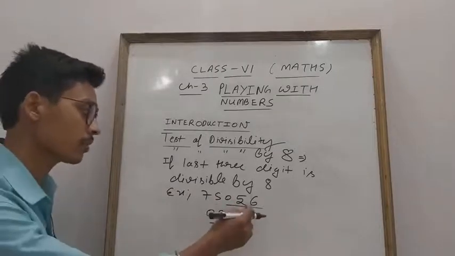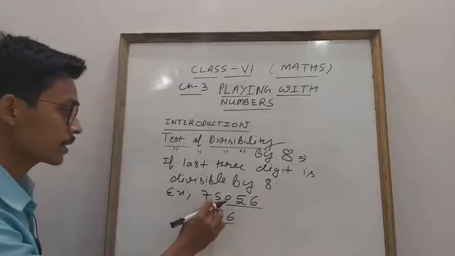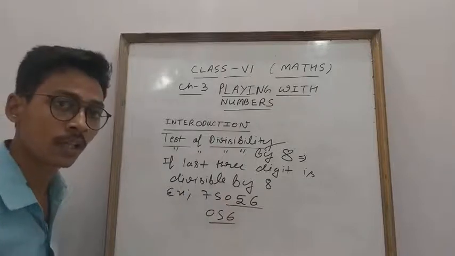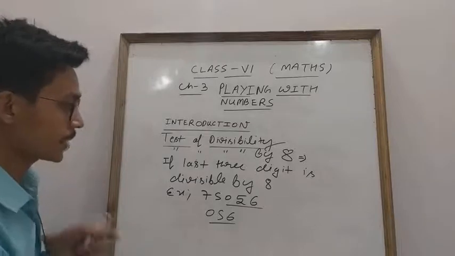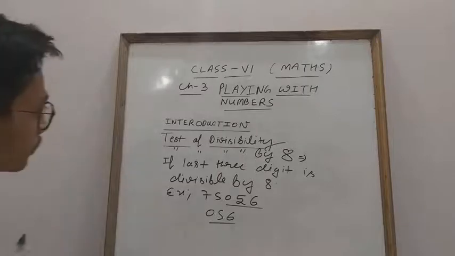By this way you will find out whether the number is divisible by 8 or not. What will we check, student? We will check the last 3 digits. If you divide, 8 9s are 72, 3 remains, then 8 3s are 24, like that you will divide it. This is the easiest way to divide it. So student, this is the test of divisibility by 8.